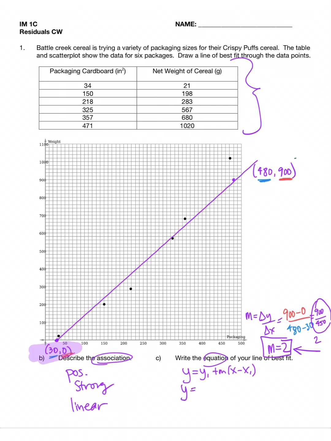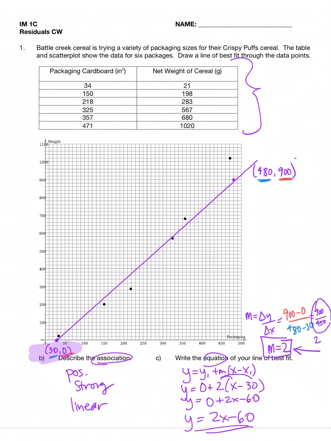Y equals, the y value I have is 0. The m we just computed is 2. X minus, and the x value that we're going to use is 30. Now when I distribute, I end up with 0 plus 2x minus 60. And if I clean that up, I just have 2x minus 60. Again, a really nice